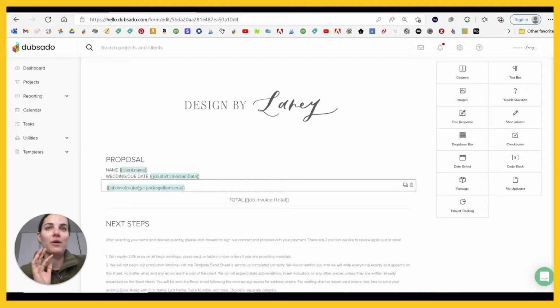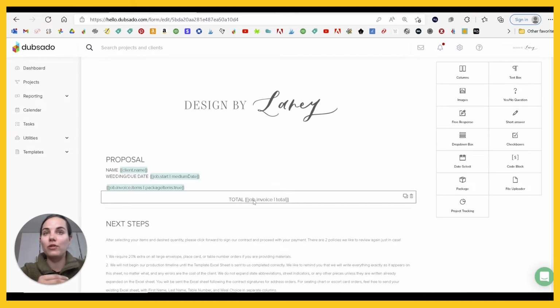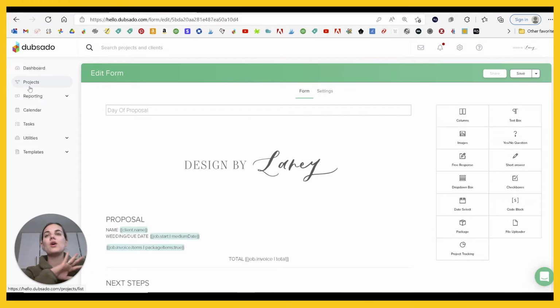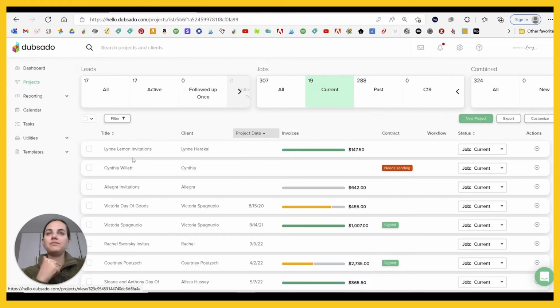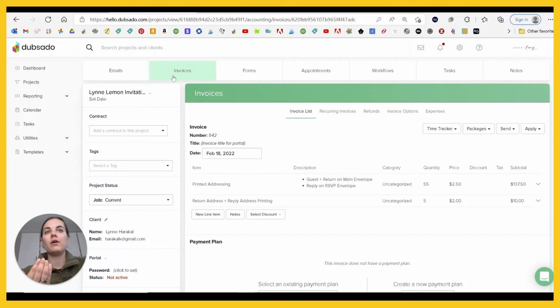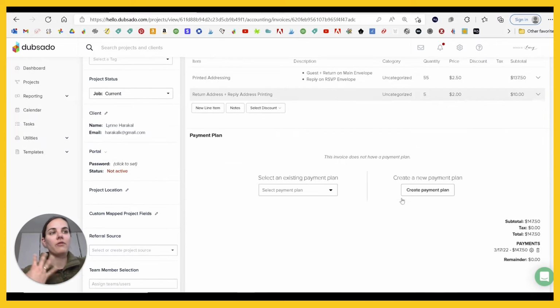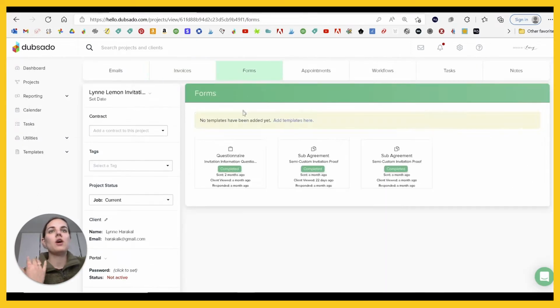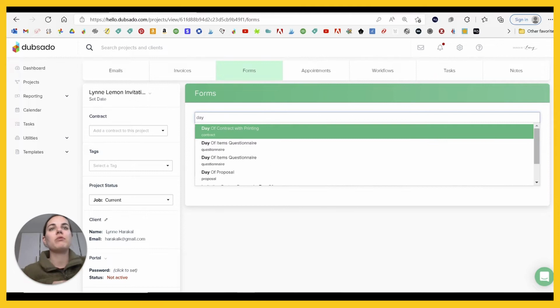I have a whole other video on how these work, but they just pull in information from the project. So this one has your invoice items, package items, and total for the total job invoice. This is really simple from a building the proposal perspective. And then when you go into a client's job, we have this client and we've already built an invoice for her for $147.50. So if I were to add that day of proposal,